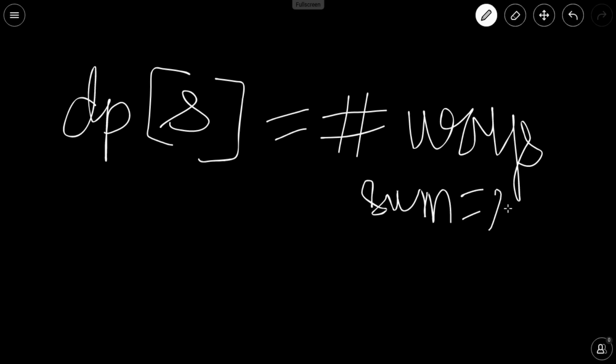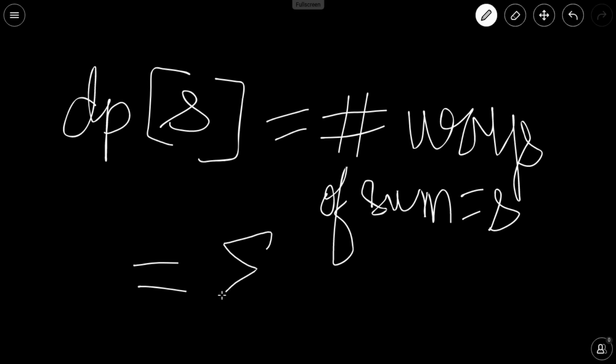Now what will be the recurrence relation here? Let us say you have a coins array and you want to iterate over the whole array and try out each coin. Each coin you can try using once and see if it works. You can only use a coin when its value is less than or equal to the given sum. I mean to say that suppose you want to make a sum of 10 rupees, but you have a coin of 50 rupees. This is greater than 10, so you can't use it to make a sum of 10 rupees anyway. So we need to test this condition.